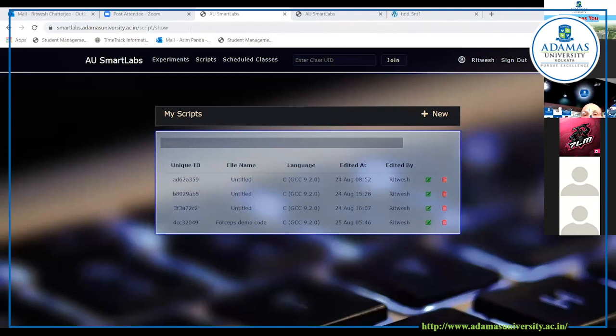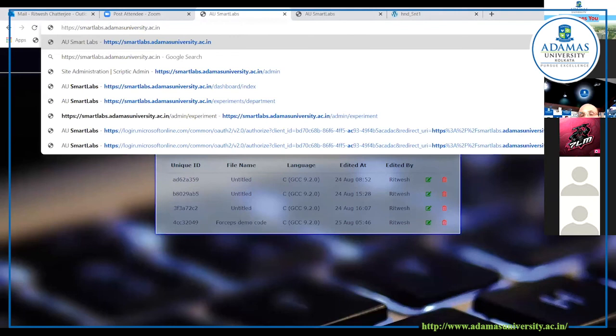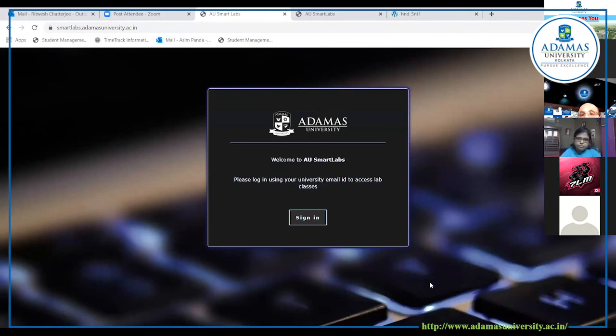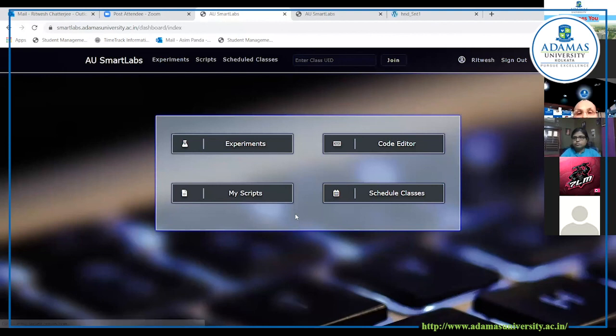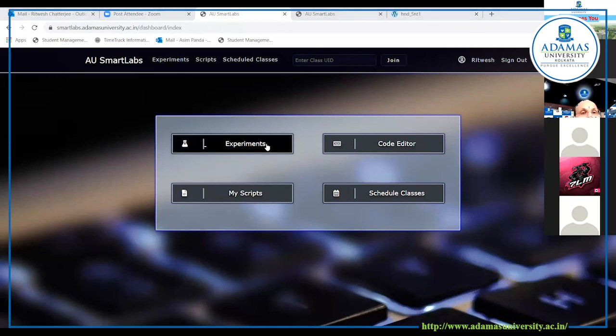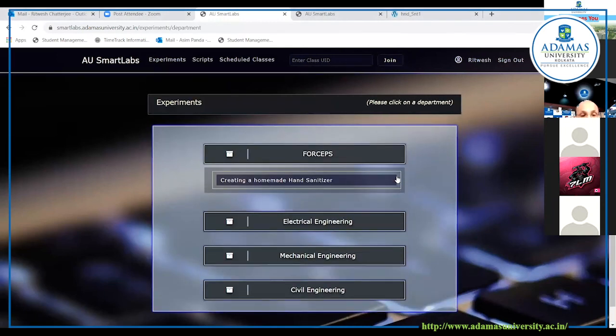Right now, students who are still having issues logging into Smart Labs, I'll just ask you to not stress over it, give it a try. In case you're having issues when your laboratory classes start off, I'm pretty sure we can provide you with help documents and maybe a few training sessions. And we're always here to help you out, so it won't be a problem. But for now, just give it a try and have a feel of the platform, and watch that experimental video that we were talking about under the experiment section under faucets, and hopefully you will enjoy the interactive video section.